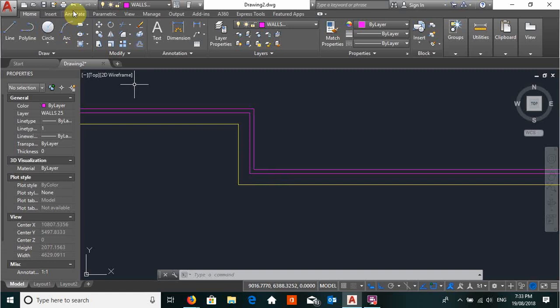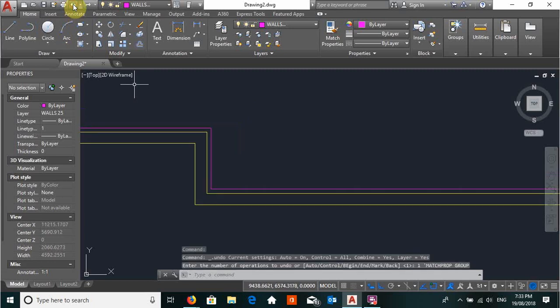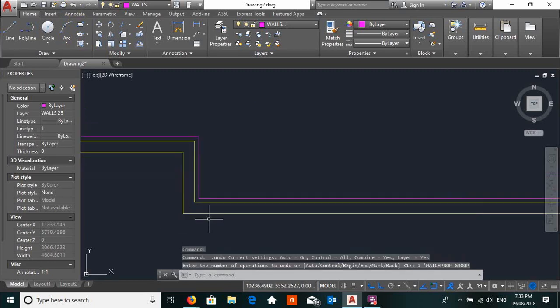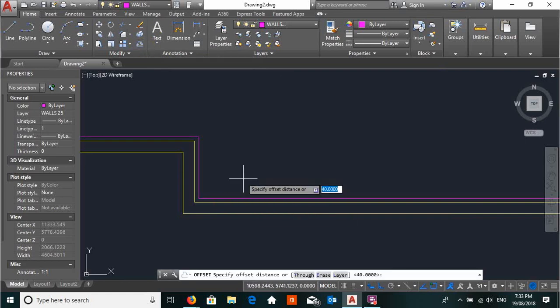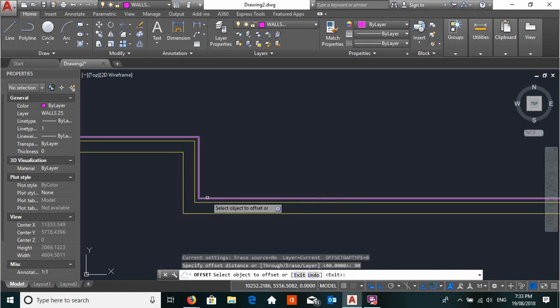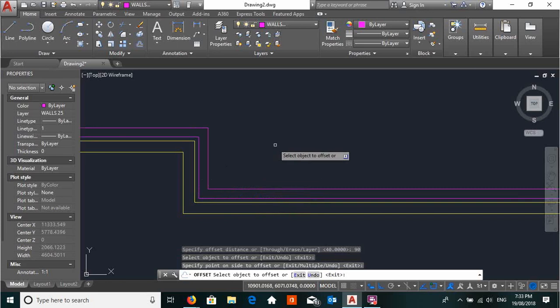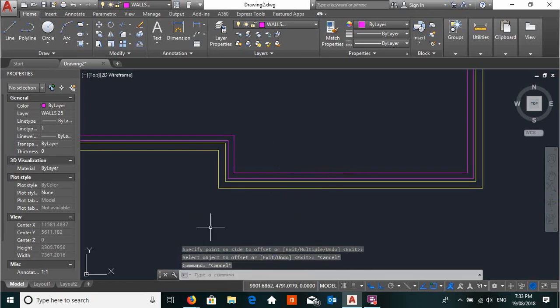Okay, now I'm just going to go out of that because I want that to be that, and now I'm going to carry on with offsetting my inner wall, which is a 90mm stud wall. It's in the same layer, so I don't have to choose current layer because I'm in that layer, and there we go. All right, so I hope that makes sense